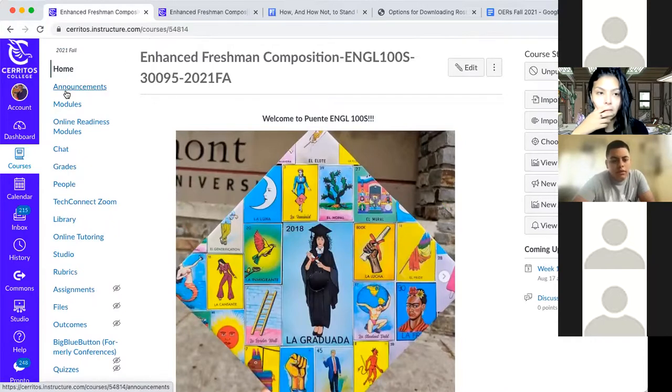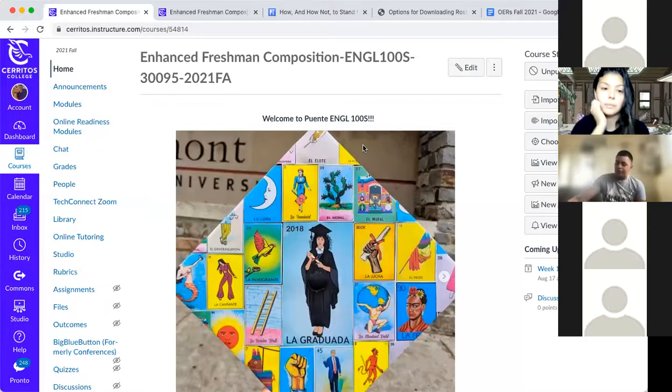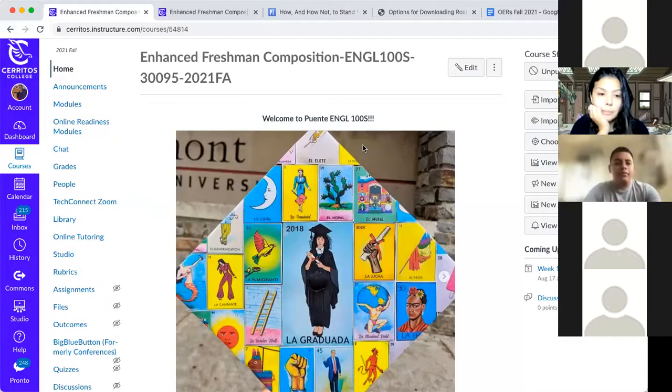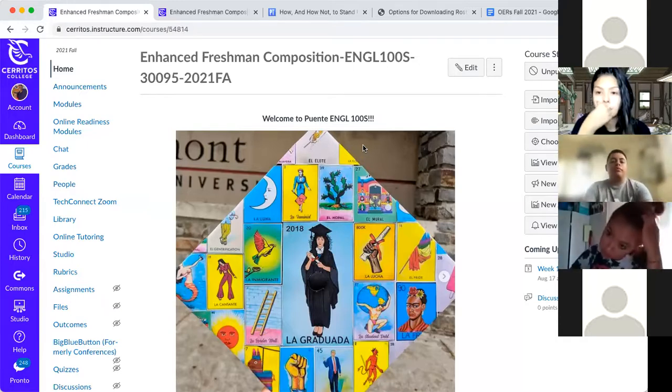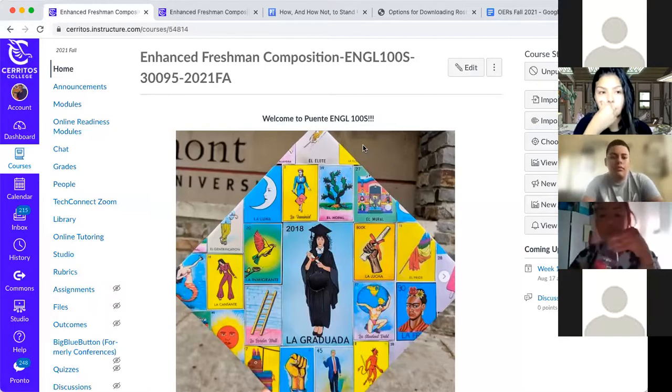So if you go from our homepage, and the homepage is going to change, by the way, each week. This is also called the welcome page. It's in the very first module. I'm going to go to the modules section in just a second. But basically, the homepage for each week will be like a to-do list for you. Each time you log in to Canvas and select our course website, you will be able to see what you've got to get done for this week.